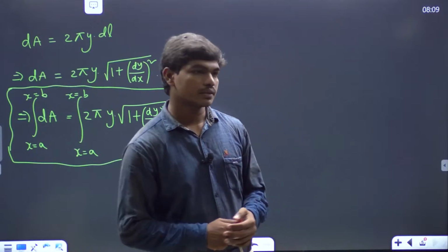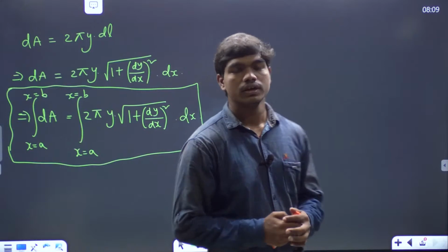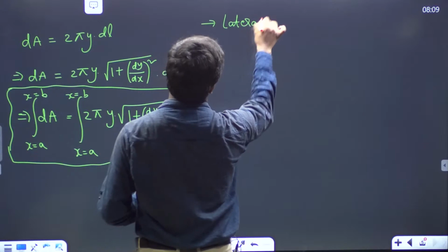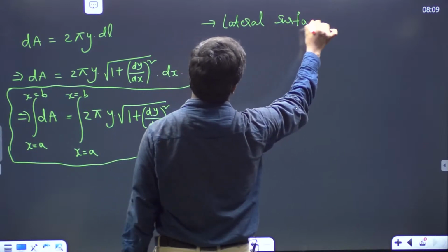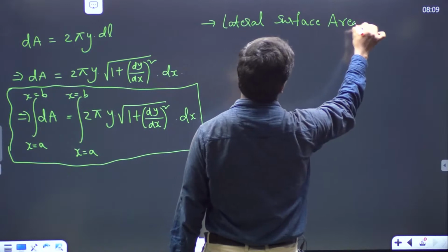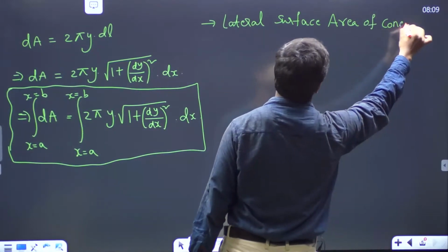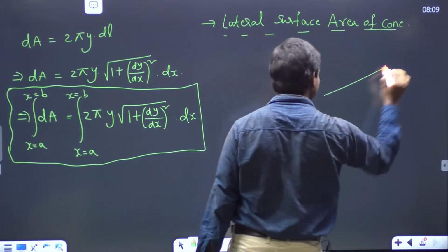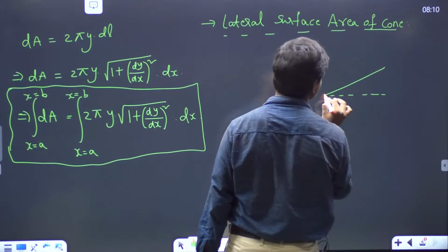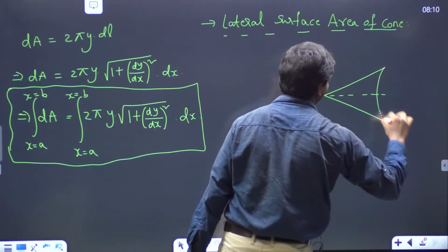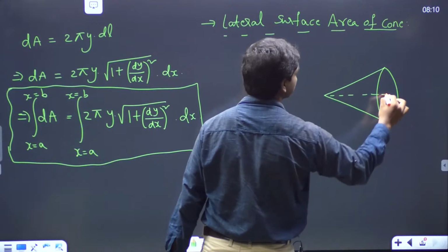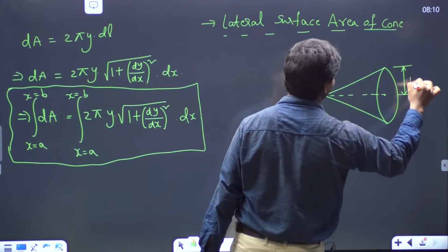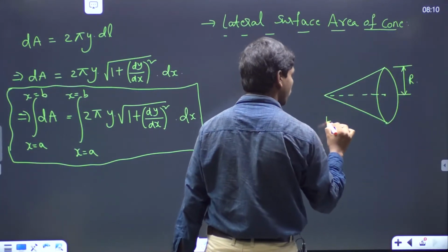Now let me tell you one thing. With the help of this knowledge, if I ask you the lateral surface area of a cone, since this is known to you from school, I want you to look at this. Lateral surface area of a cone means basically if there is a cone like this, where this is the axis, and if the radius of the cone is r, and the height of the cone is h,